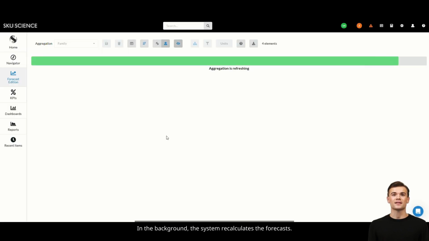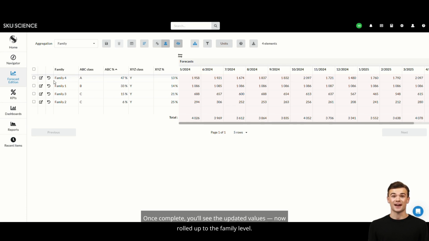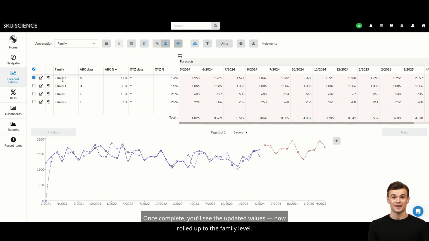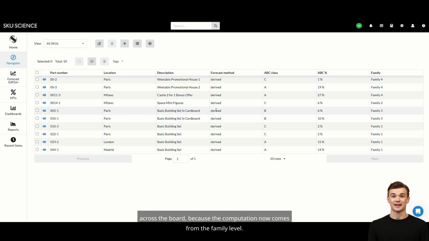In the background, the system recalculates the forecasts. Once complete, you'll see the updated values, now rolled up to the family level. Here's family 4 again, and now its forecast is more consistent and robust. In the Navigator section, the forecast methods are also updated across the board, because the computation now comes from the